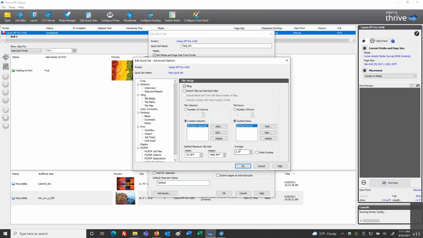So maybe I say I want to have a 1 inch overlap and I do want to have a weld overlap. So again, a portion of that image overlapping for lineup will be a non-imaging area.